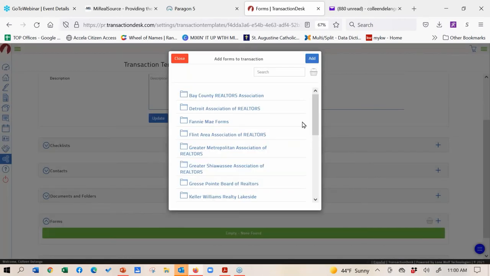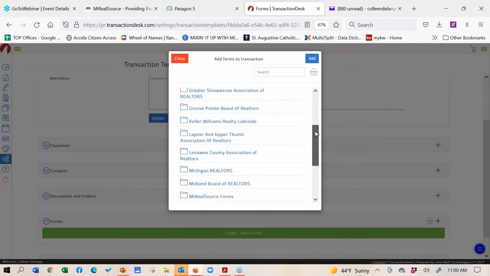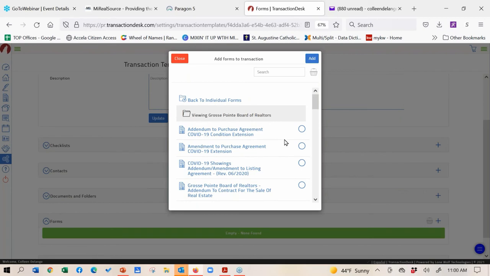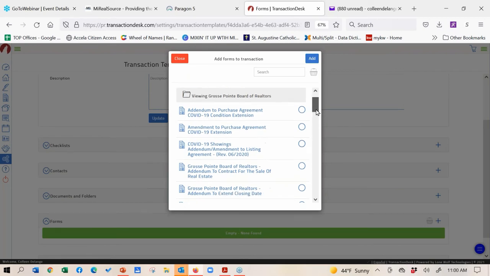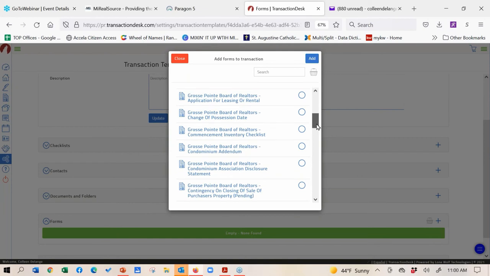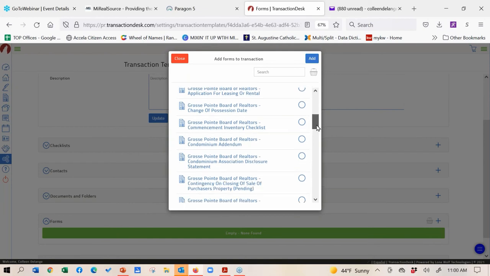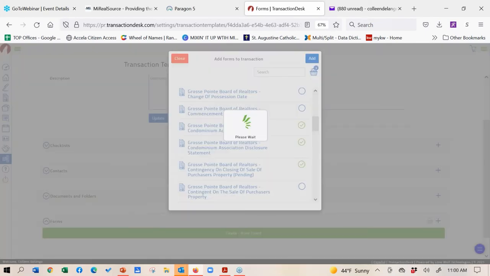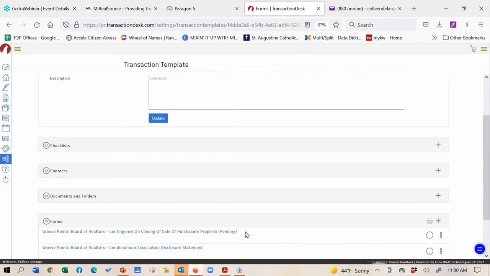So obviously, if I'm on the listing side, and I'm just going to go to, we'll use the Grosse Pointe board here. I'm going to use all the listing side forms. So I'm going to go in, I'm going to find my seller's disclosure from MAR, I'm going to find my exclusive agency, and then all I'm going to do, and I'm just going to grab a couple for the sake of time here, I'm just going to go in and click add,